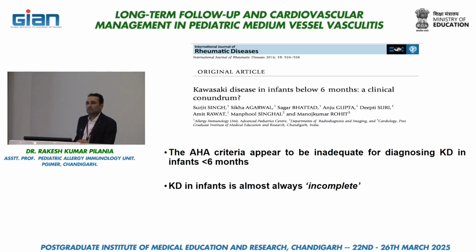As has been highlighted by Dr. Suda also, the diagnosis of KD also depends on which age group you are seeing. In infants, the diagnosis of KD is almost always difficult, and it's almost always incomplete. We don't see much of complete KD in this age group. I would say 80 to 90% of infants, specifically less than 6 months, would not fit the criteria. And at this age, almost 50% of infants would develop coronary artery abnormalities. So this is a significant component that we should know, when to suspect Kawasaki disease.